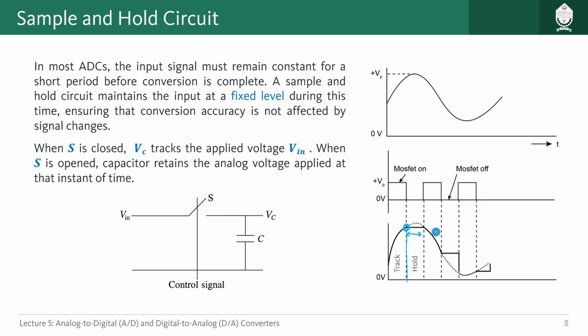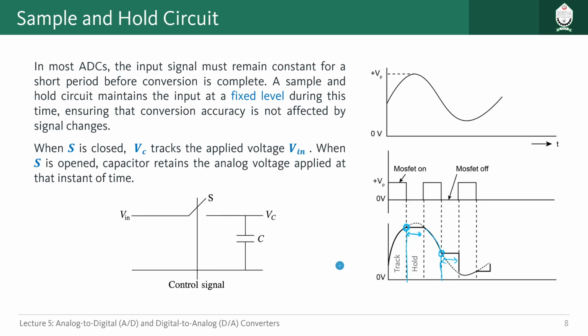And then again for some time we follow the input signal, and at this moment nothing will happen, no conversion will happen. Then again, after that TS sampling period, the duration we have to wait for each sampling, we will sample here and hold that value for some duration. So in this way this thing happens, right? Now